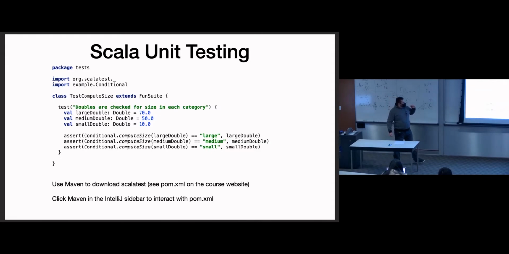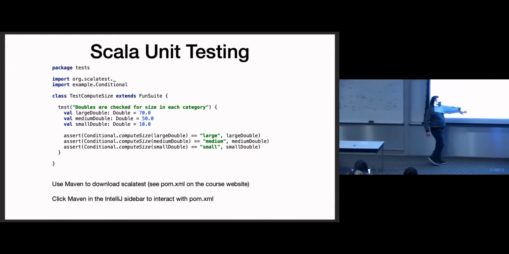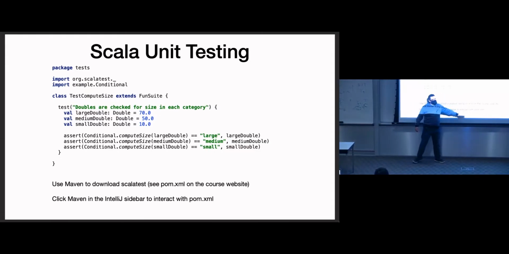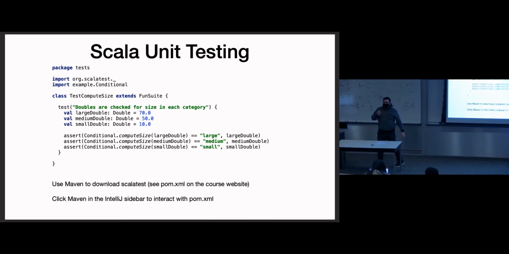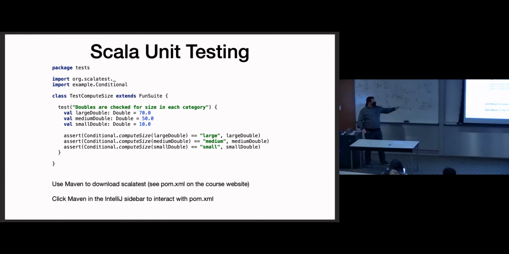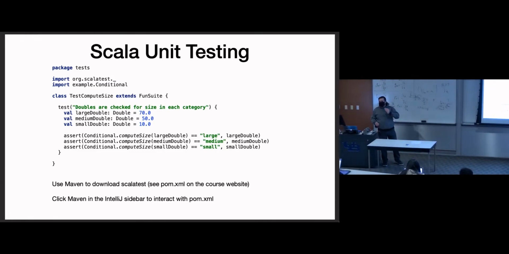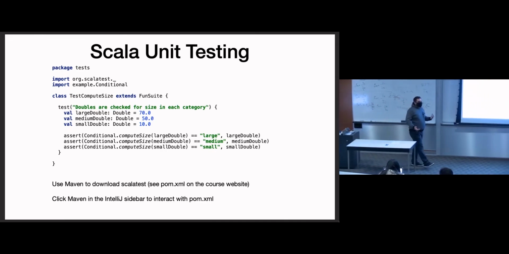In Scala, we're going to use a pom.xml, which is read by Maven, which is our build software that we'll use for this course. And Maven is going to read that pom.xml to find out which external libraries to download. It's going to download them all, and then they're available in your project. So when we say import